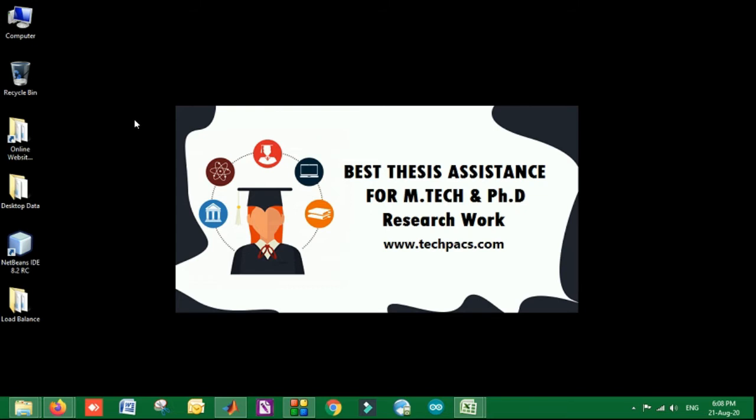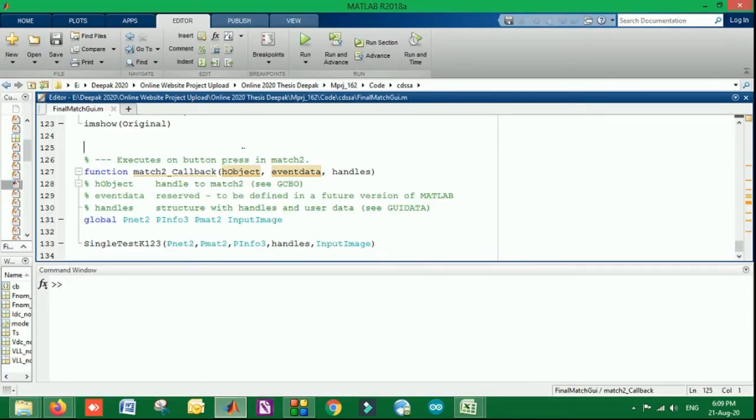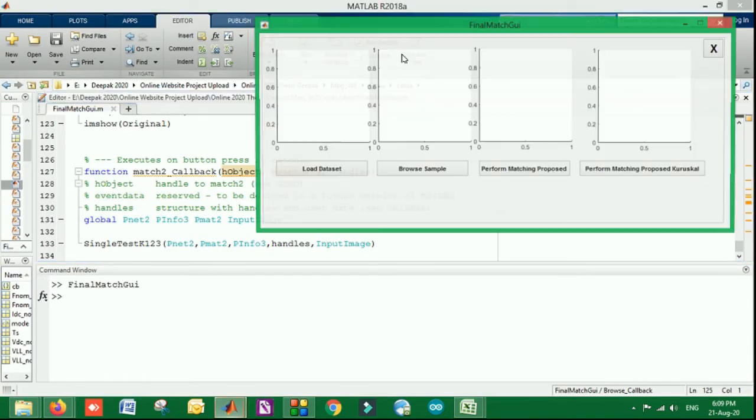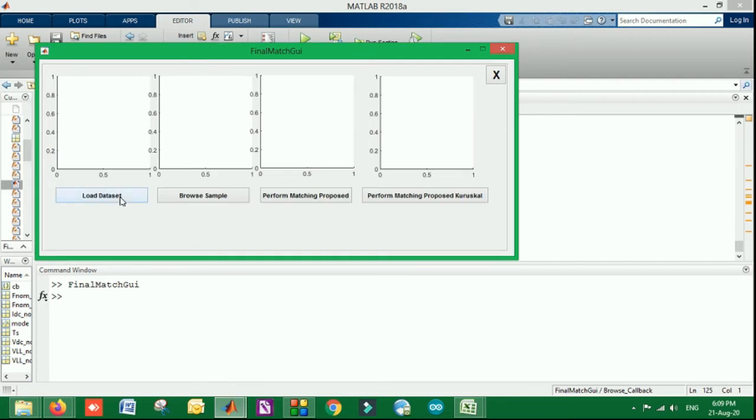In the same chain, what we have implemented, let me show you in a graphical user interface form. The very first thing is dataset loading. We have saved a number of samples for CNN training, and once it is trained, it will classify the things.